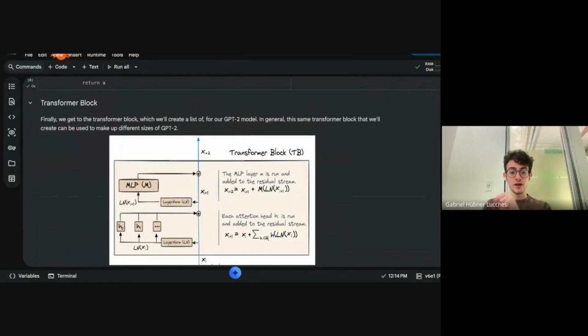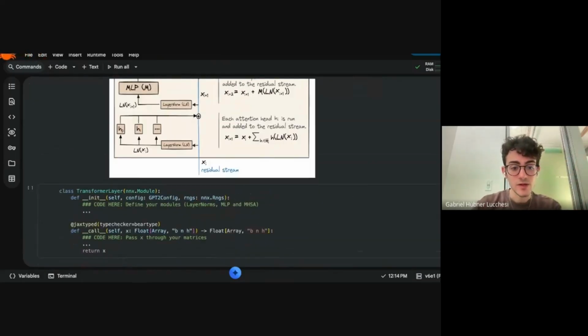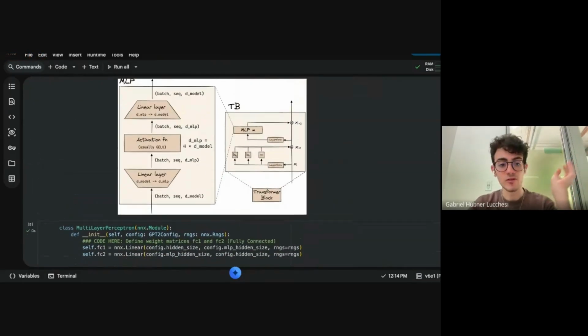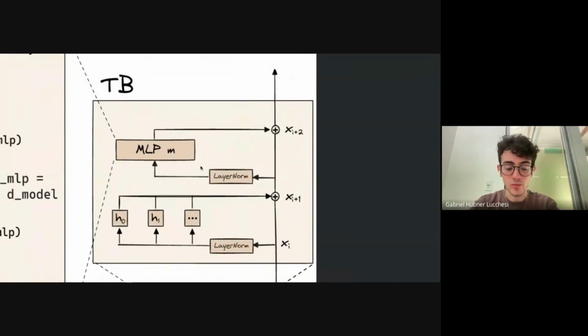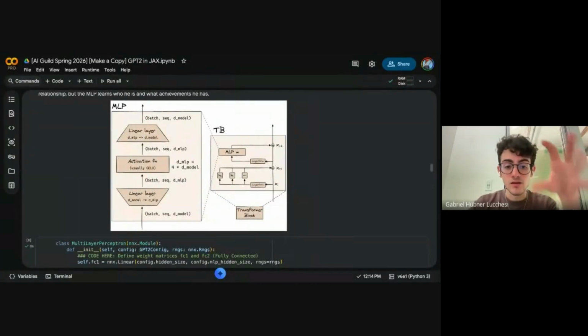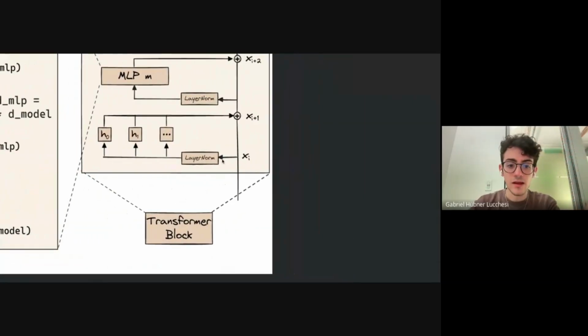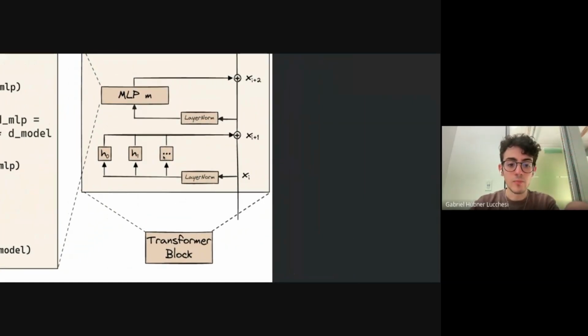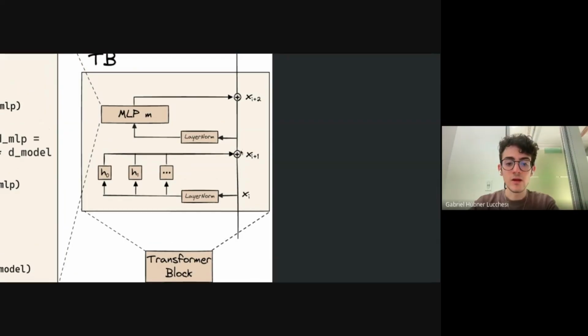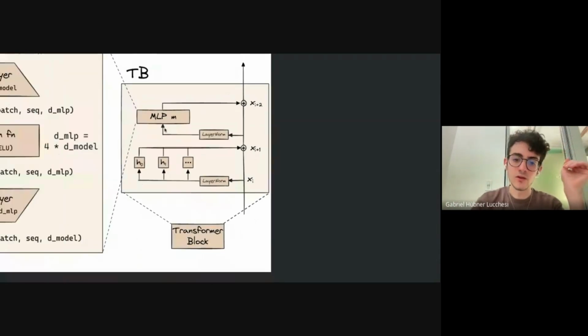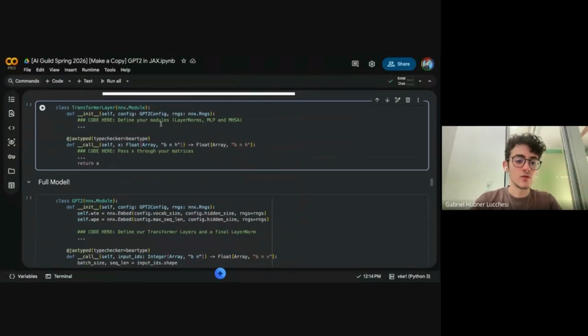And now we're going to integrate them both together. We have the attention block and we have the MLP block. And now we have to make the transformer block. The transformer block looks like this. We first add a layer norm on our X. We pass that through the attention. And then we add the hidden state to itself. This is called a residual connection. I'm sure Alex can mention this later. And then we do another layer norm on that result, pass it through the MLP, and add it back to itself, another residual connection. This is very useful for avoiding the vanishing gradients problem.